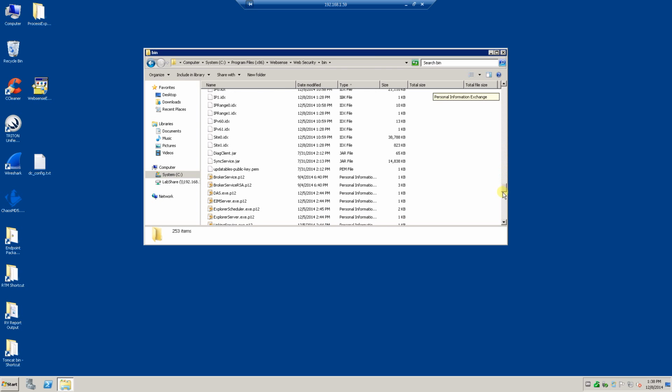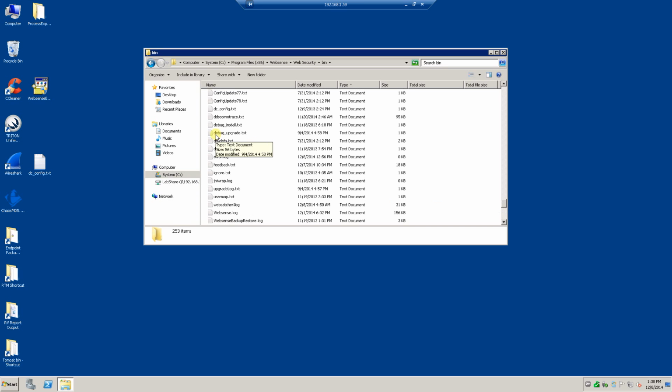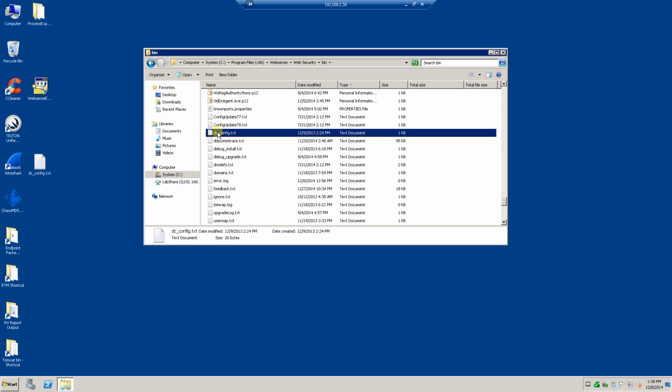Let's go ahead and look for that. Okay, here's my text documents, and I can spot it right here. So if you look at that, you can see that that exists. What basically this file does is it's created by DC Agent, and essentially DC Agent will go out and discover